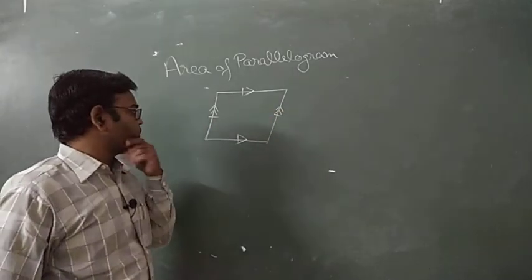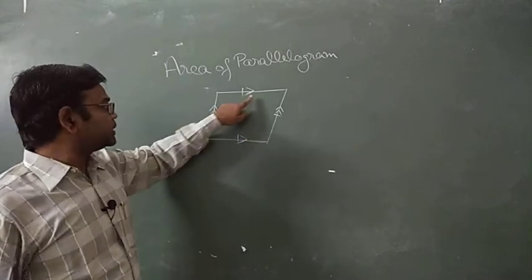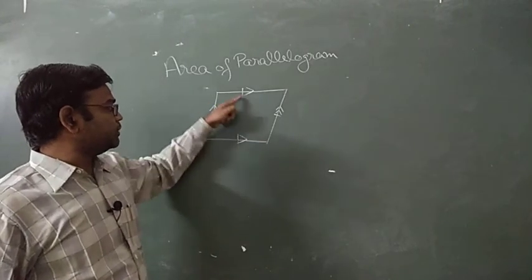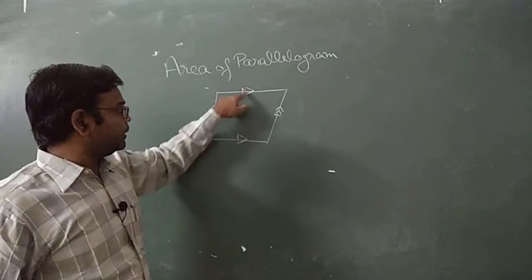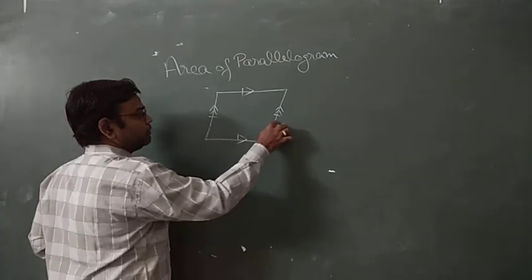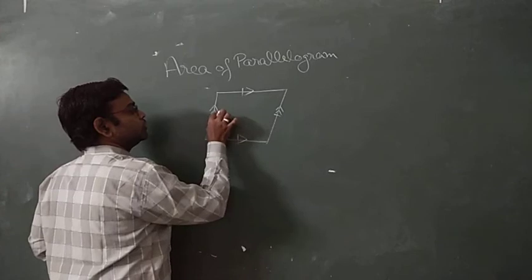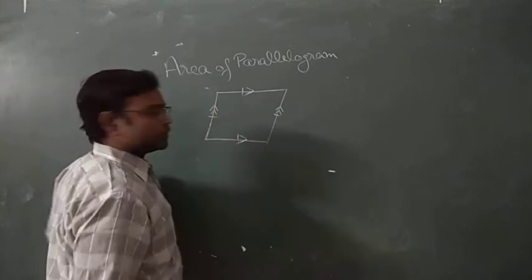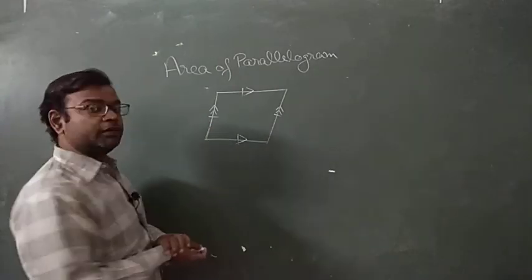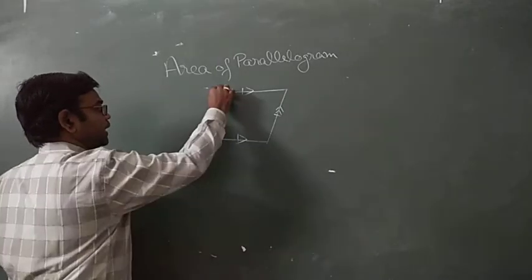Before we discuss this question, let me clear up the symbols. I hope you are observing. This arrowhead shows that these two lines are parallel and this bar symbol shows that these two are equal, parallel and equal. In this case, since all four sides are equal, we use the same symbol. But in this case, these two are parallel to each other, so we use a different one, a double arrow. Clear? So this is the formula. This is also a rhombus, so we can use the same formula for finding the area of a parallelogram. In this case, height must be given.